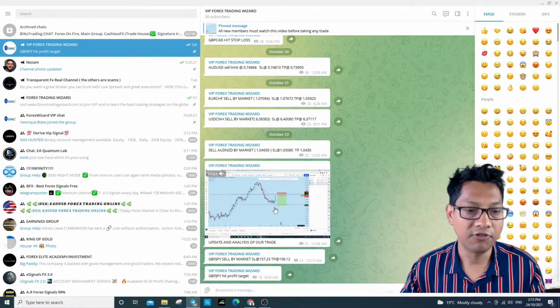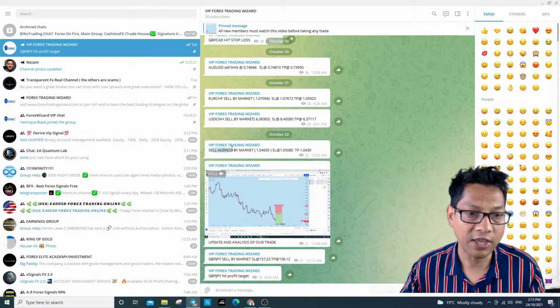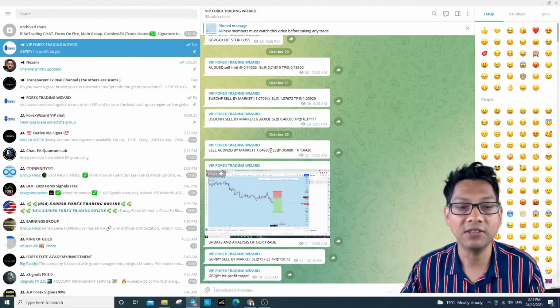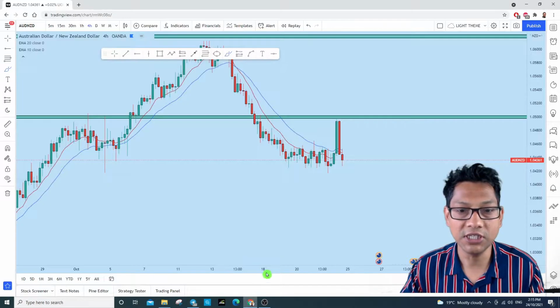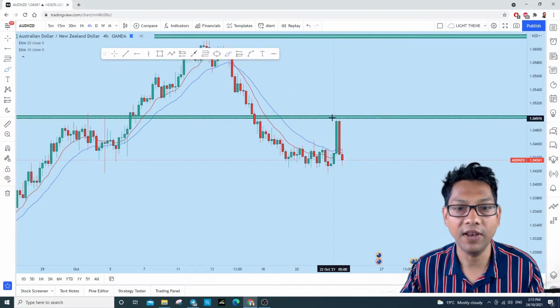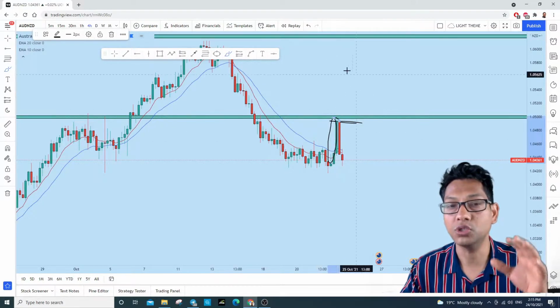So this is the trade signal exactly from here, AUDNZD, that I sent to my students. This is the sell AUDNZD by market from 1.0493. You can see this one. Look at this. This is the level exactly from here, because after this green candle closed, I knew that